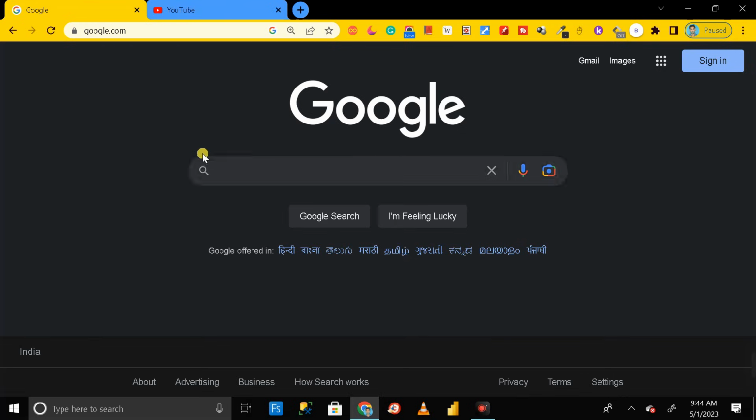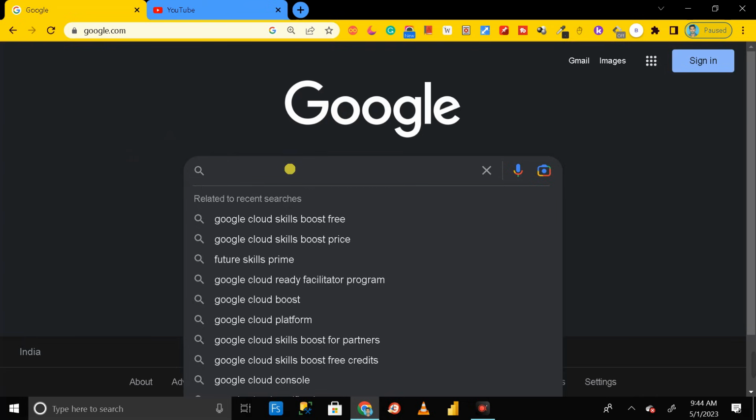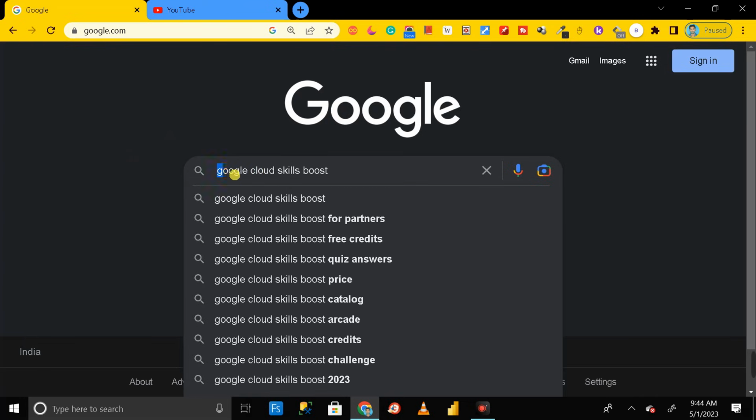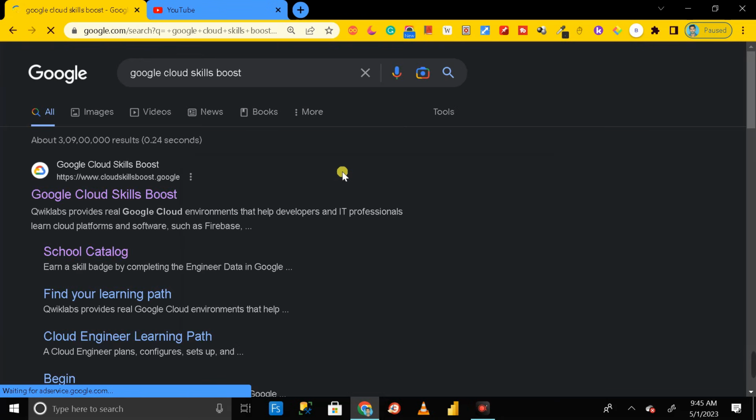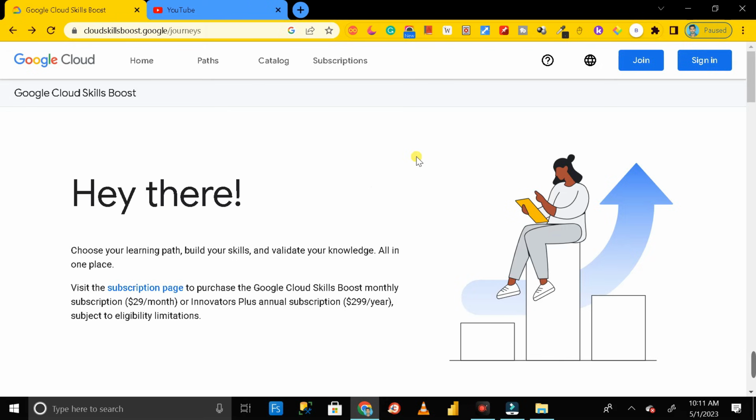For that, first of all you have to go to Google Chrome, and here you have to search Google Cloud Skills Boost. Okay, then click enter. After that, here you can see the first link, that is Google Cloud Skills Boost, right? So just click on this and make it open. After that, you will get this type of page over here. Okay, then click on this sign in button